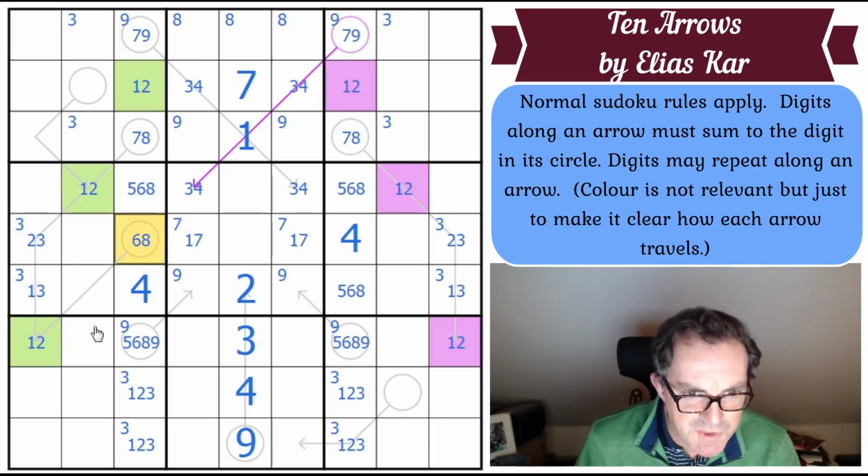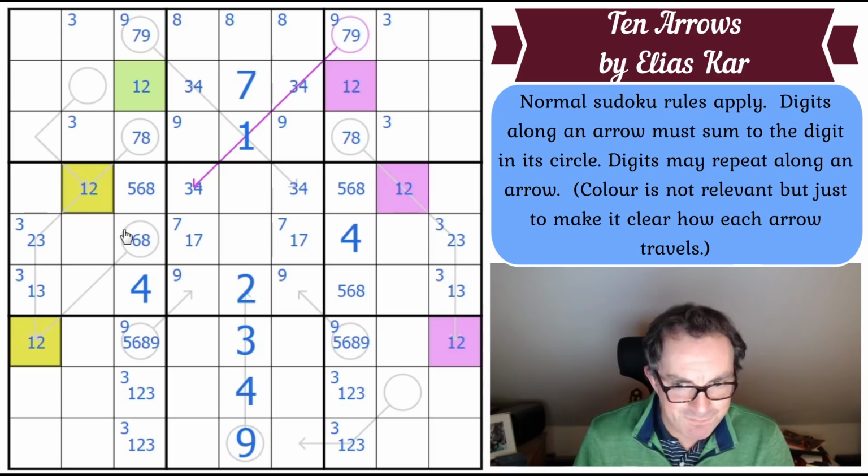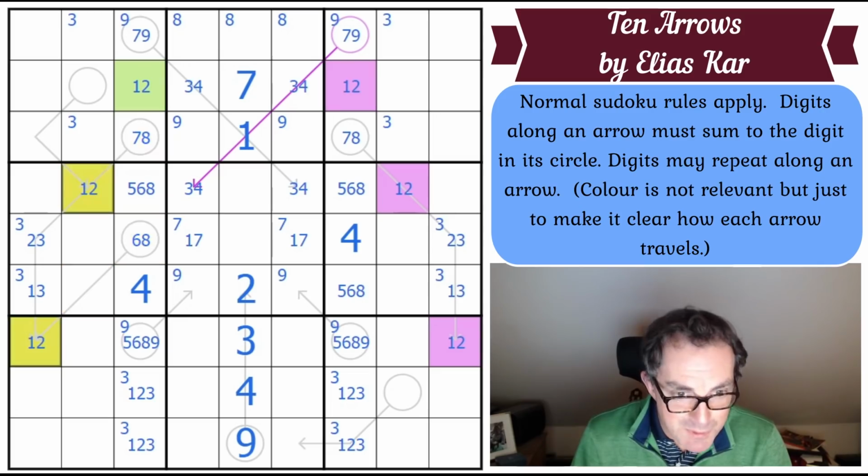Okay, let's think about this. The green. Can green be 2? That's the question to ask. If green is 2, we know it goes with 8 here, which means this is a 6. But now what on earth do you put in that square? You can't put 1, 2, 3, or 4 into the square, so it's absolutely broken, which is beautiful because that